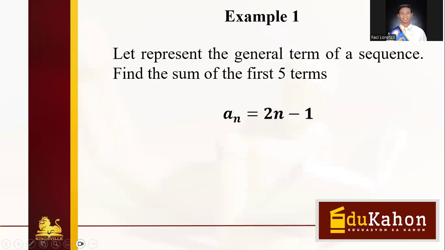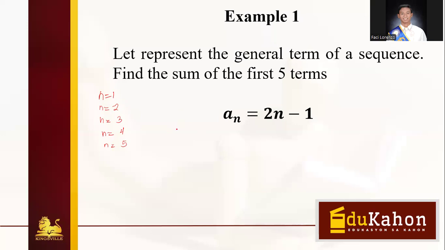Okay, for example, we have here, let represent the general term of a sequence by the following formula. So by listing the first 5 terms of the sequence having this formula a sub n is equal to 2n minus 1, let's just try to substitute the values of n. Since n is the number of terms, we know that n is equal to 1 is the first term. If n is equal to 2, that is your second term. And if n is equal to 3, that's the third term. n is equal to 4, and n is equal to 5, in respect with their terms.